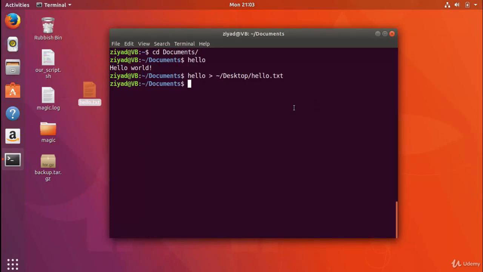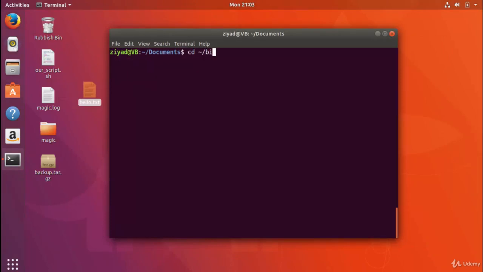So isn't that awesome, right? Like we've got our own commands, and anything that we put in this bin folder, if we give it executable permissions, we can run it just like any other command. So that is incredible. But now you might be thinking, okay, Ziad, this is cool and everything, but what's really